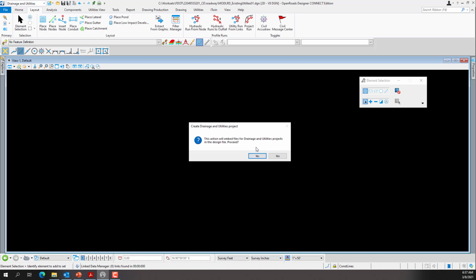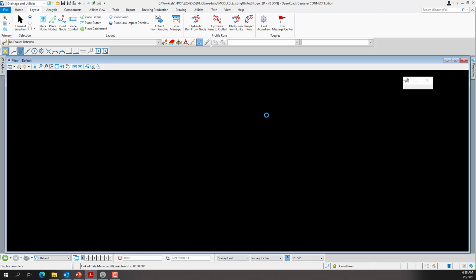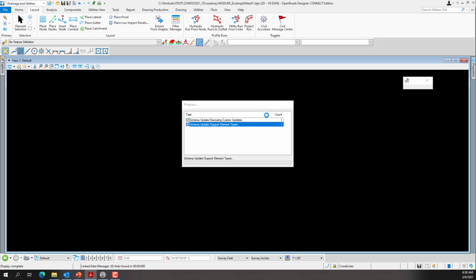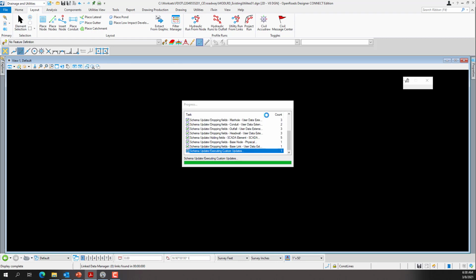This message displays the first time when you are setting up a drainage or utilities file and is normal. This file will become a utility model and it will attach the SUDA and SU database. This file will be different once this step is complete. It'll have more information. So we'll click Yes. That's setting up the file from the Create File tool and getting the file ready to be a SUDA and SU database. Moving on to exercise 4.2.